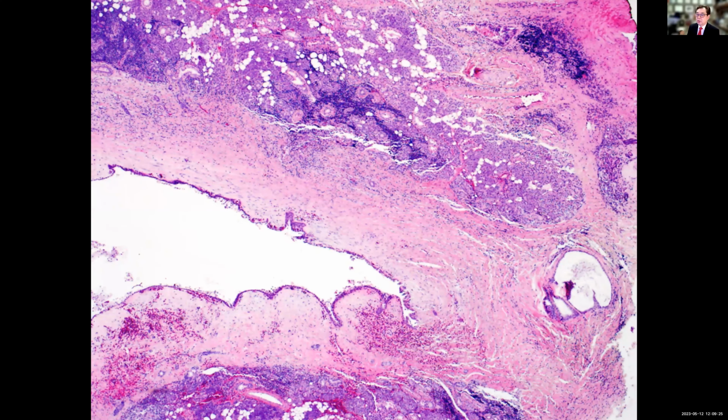And this is the original specimen, and you can see this is a cystic lesion. This is the big cystic lesion, and this is a smaller one, like a little daughter cyst. However, if you go to high power, the cells look very bland, but it's surrounded by the soft tissue. And then at higher power, we see the